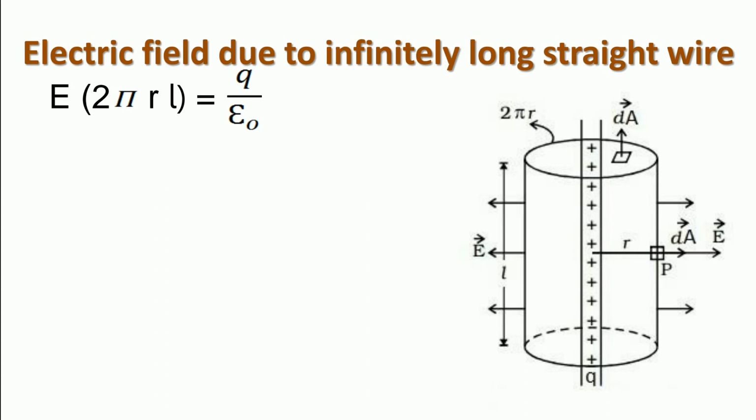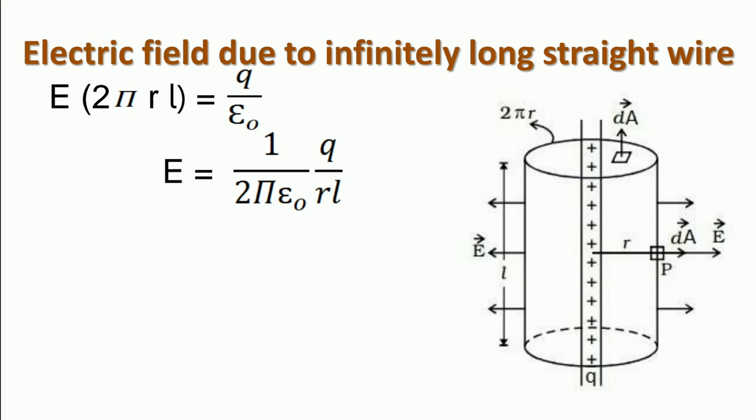So this becomes E into 2 pi rl is equal to q upon epsilon naught. Now we need to find out the value of electric field. So take all these factors to that side. E is here. This 2 pi rl goes there and combines with this epsilon naught. 2 pi with this epsilon naught becomes 2 pi epsilon naught,